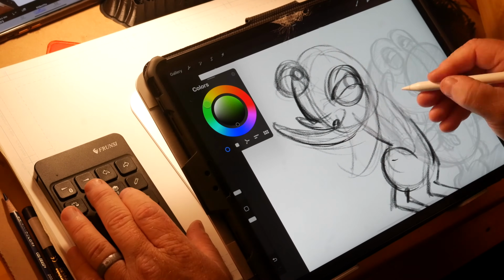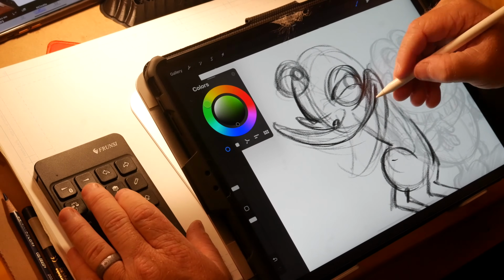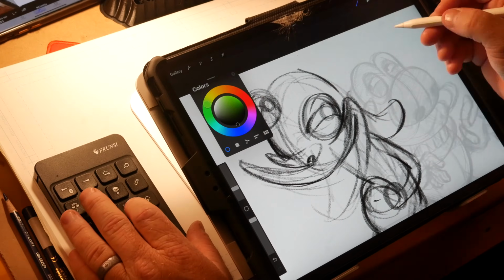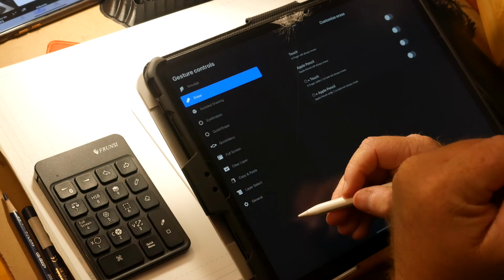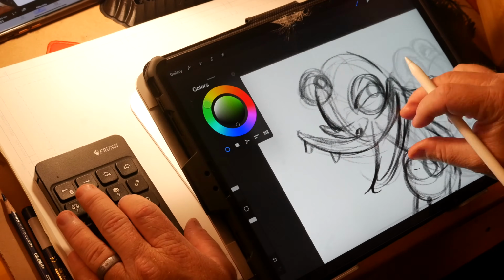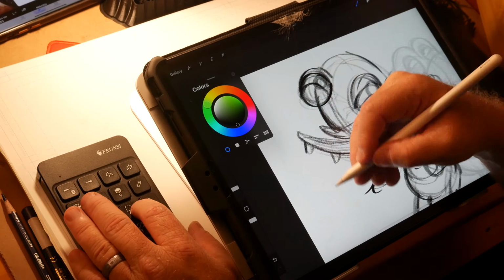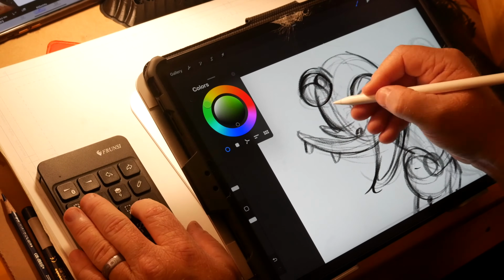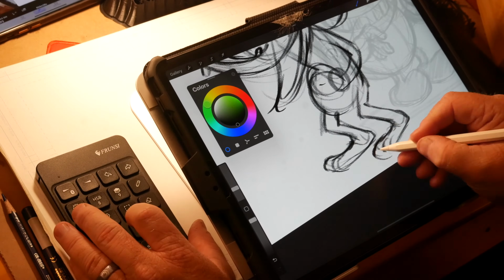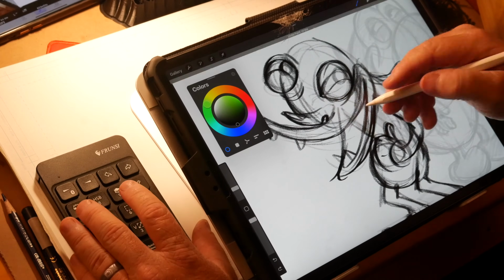I'm always one to have an open mind, especially when it comes to electronics or some type of device that aids you in drawing. And did this do its job as described? Absolutely. It did its job as described. It paired very well. It's got a clear interface as far as the keyboard layout goes. I didn't so much like the fact that I couldn't program the keys, but on the other hand, I'm thinking